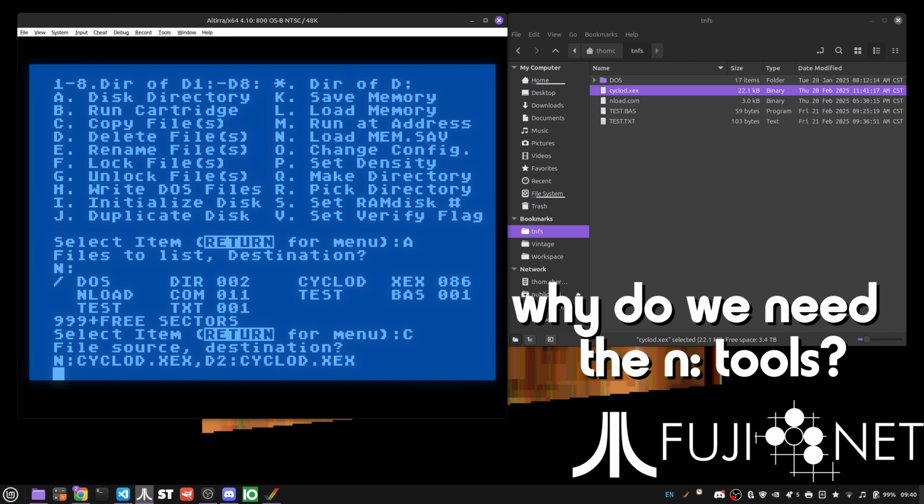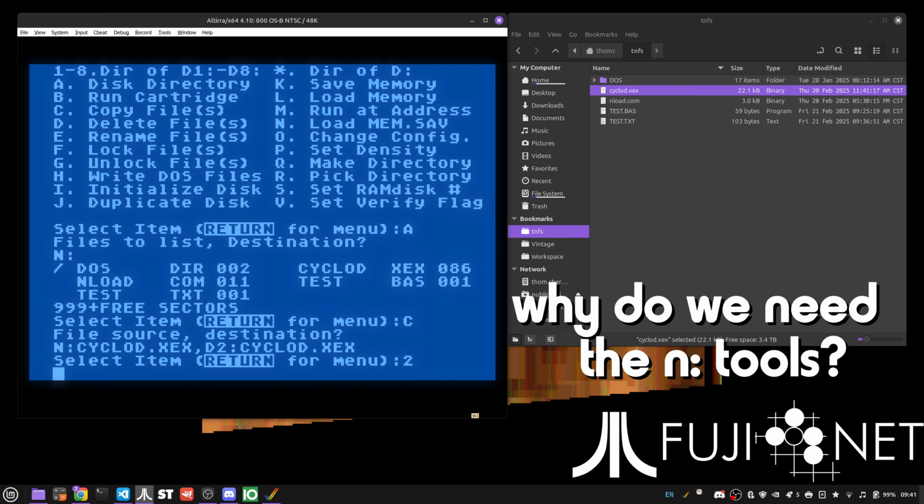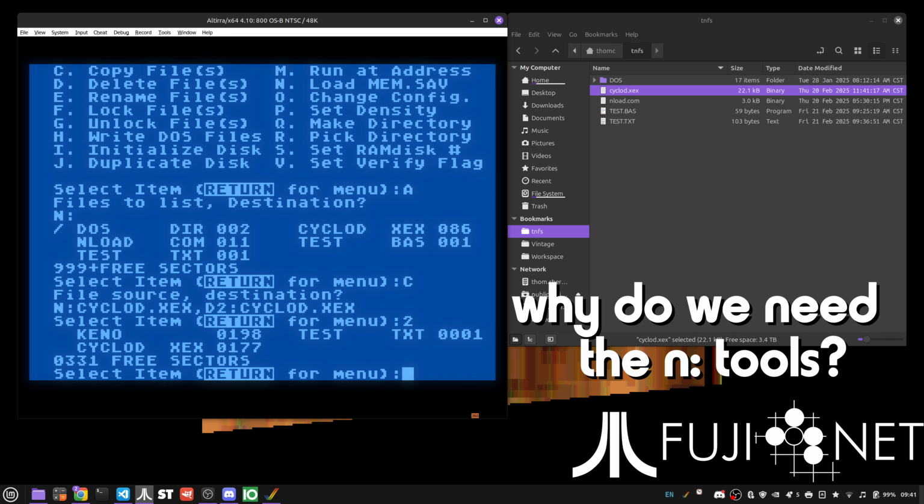But you can see that the functionality overlaps, and when you can use the N device, it's very nice and very transparent. And for the times that you can't, you still have the N tools. Okay, so now you've seen that we've taken and copied that over to our real drive over here. It works fine,